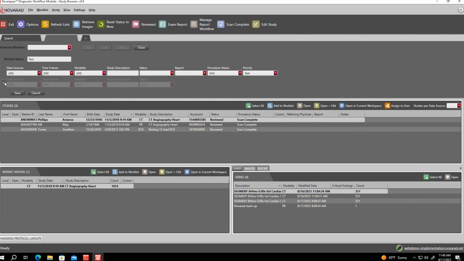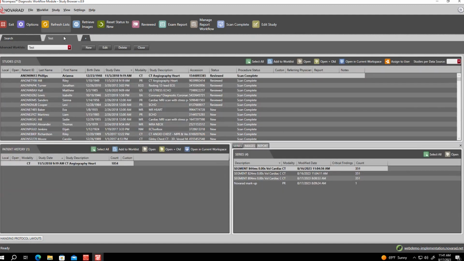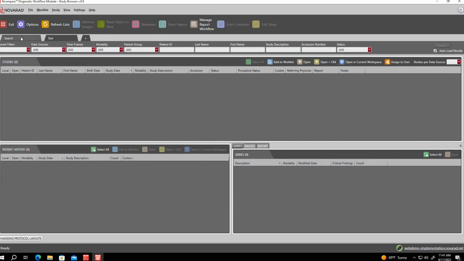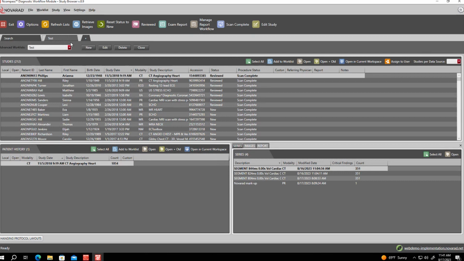And then you can add additional levels to these advanced work lists. So let's say you wanted one set of criteria for one data source and then another set of criteria for a different data source. You could select that criteria on there depending on what your workflow is and how you're reading. And then once you're done making all of those adjustments, you would just hit save, and that would be your custom work list that would sit here as an independent tab that you can always flash back and forth to without having to go in there and set those filters every single time.